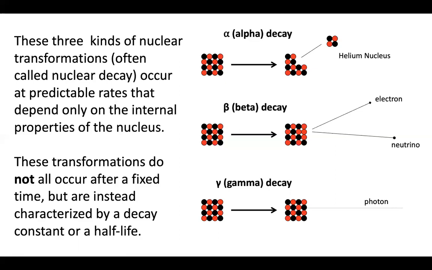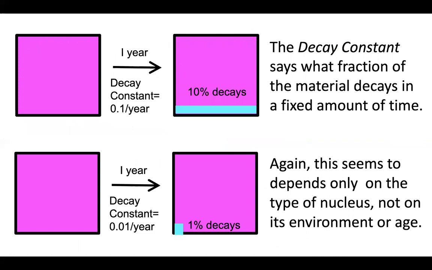The rate at which they transform is defined instead in terms of a couple of parameters. It's actually just one parameter, but can be written down a couple different ways. These parameters are called the decay constant and the one you're probably more familiar with, the half-life. So the decay constant is kind of the easier one to measure experimentally.